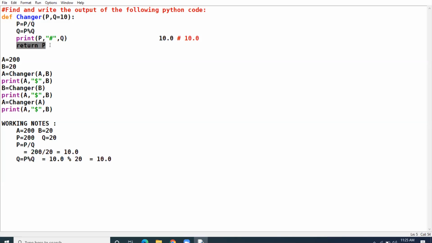Return P. P will be returned as 10.0 and get stored in the variable A. So the next answer will be A printed as 10.0. B will remain as it is, 20. We will take the original value 20. Up till here, am I clear? With these two answers, am I thoroughly clear?